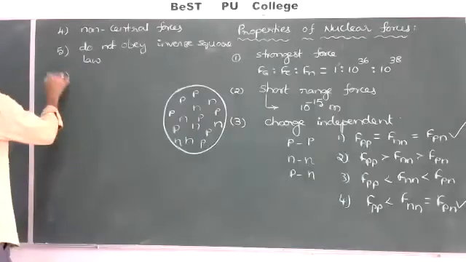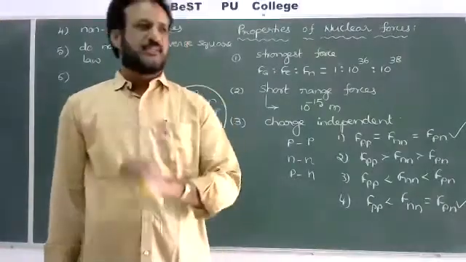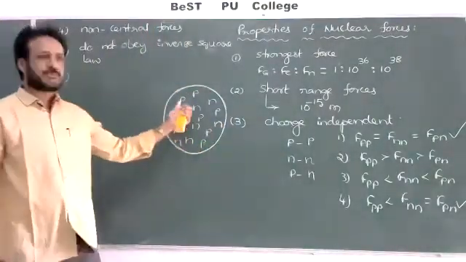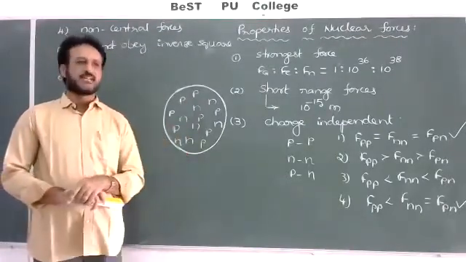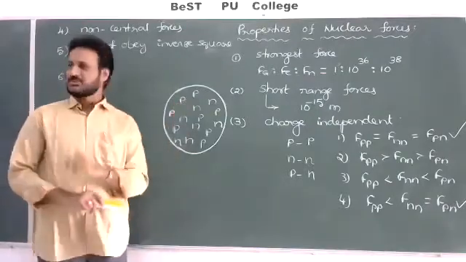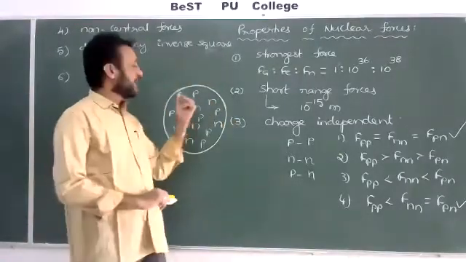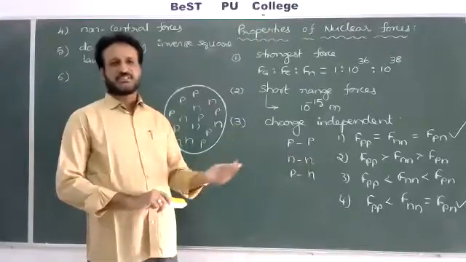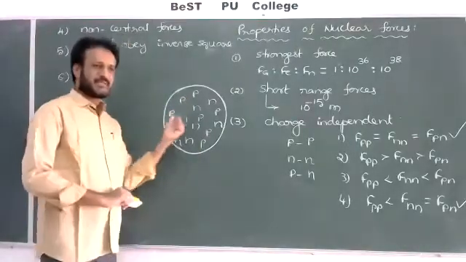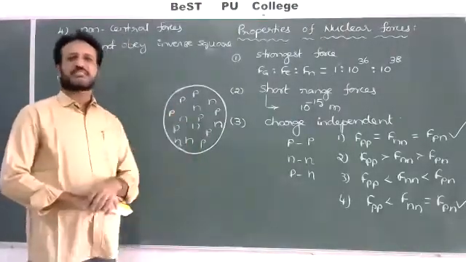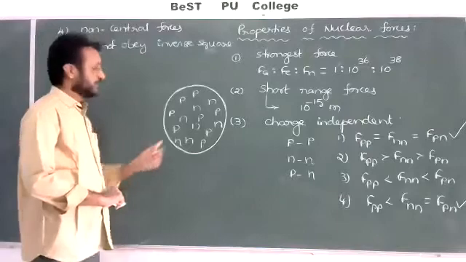Sixth point, we can say nuclear forces depend upon spin. Inside the nucleus there are two types of nucleons, protons and neutrons, but both are not at rest. Earlier we already discussed the spin of the nucleus. There are two types of motions, rotational motion and spin motion. Because of the rotational motion they have magnetic momentum and angular momentum. The total magnetic momentum is equal to the sum of the orbital magnetic momentum and the spin magnetic momentum.